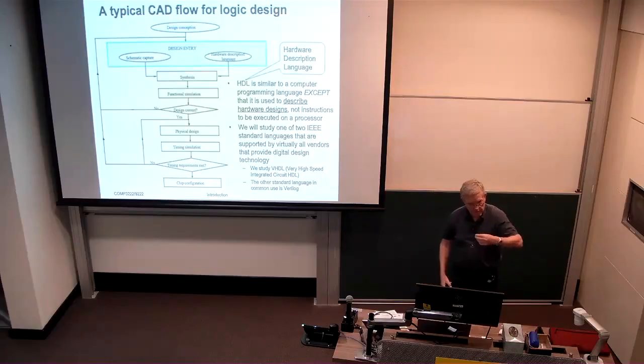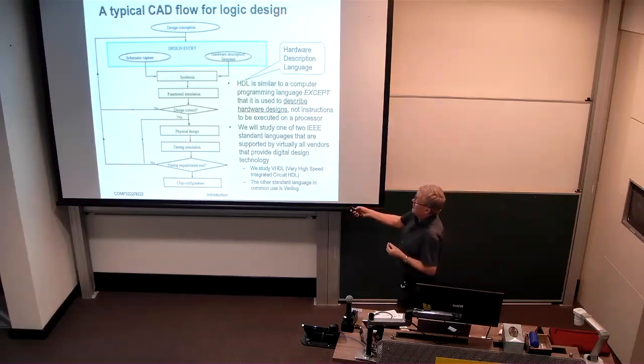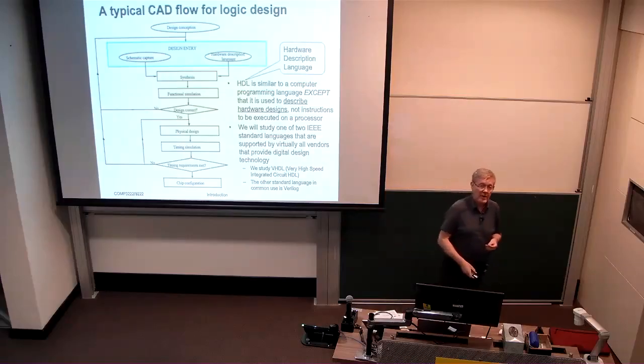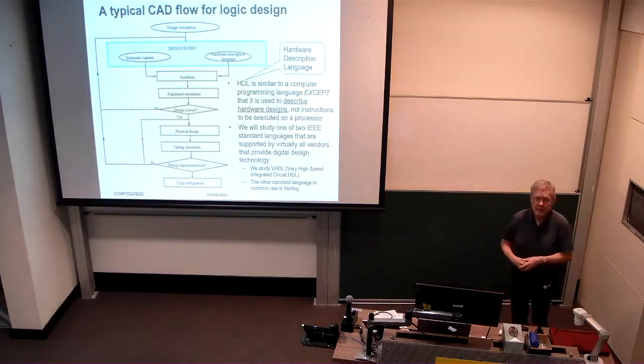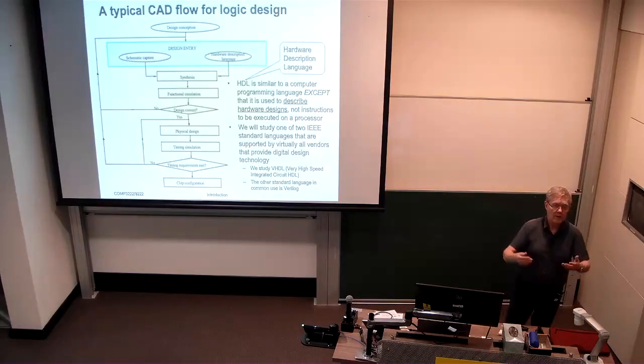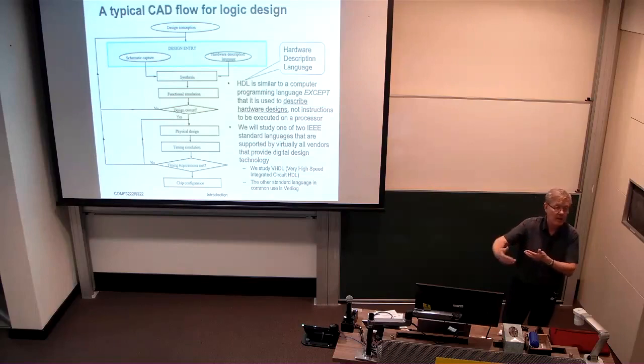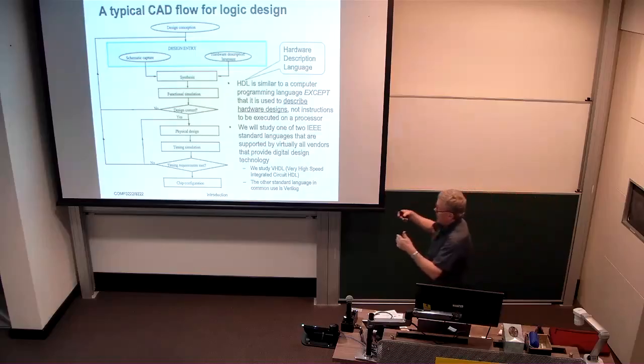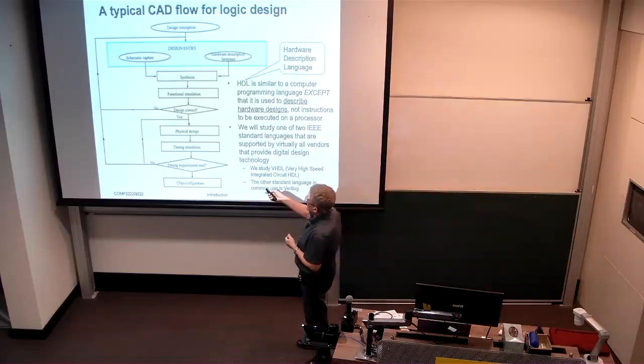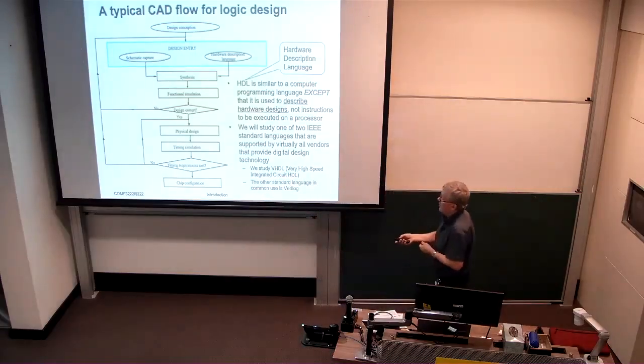To check that you've got the design captured correctly, we then perform functional simulation. In our case that means we're going to provide a set of known inputs to your design, your circuit, and observe what the output values are. Hopefully they're correct, because if they're not, then you have to change the design in order to improve the output, to converge on what the desired design is. So if the design is not correct, you've got to go back to modifying the design that you've specified.